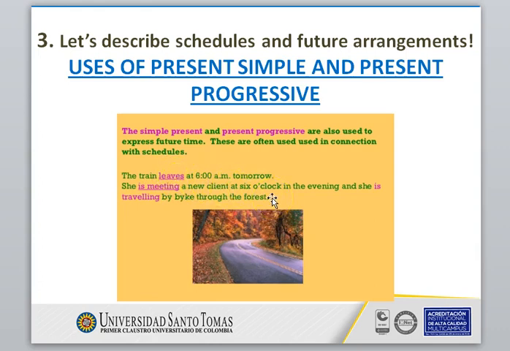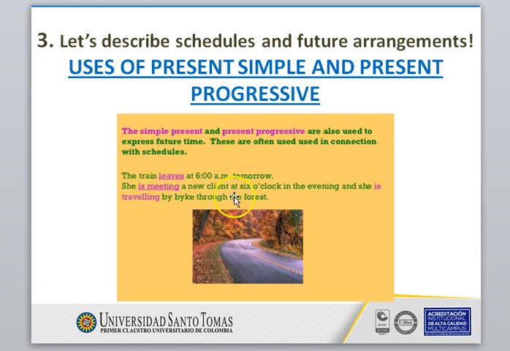So you know that this is future because of the expression of time, right? And then the conjugation in the present tense, leaves. Don't forget the final S of the third person rule, right? It makes it clear that this is pretty much a specific time that is kind of like a schedule or timetable for transportation, for example.